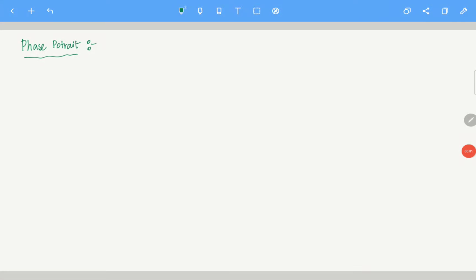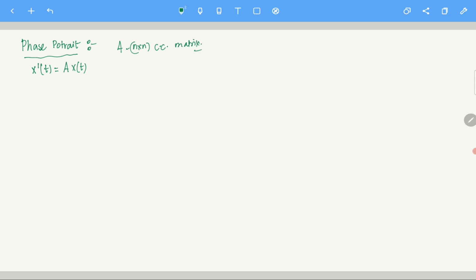Welcome students, and in this class we are going to again come back to the linear equations, right? So we are going to talk about an equation which will look like this: x prime of t equals A x of t. A is an n cross n constant coefficient matrix, okay? Constant coefficient matrix. What we need to do is this.